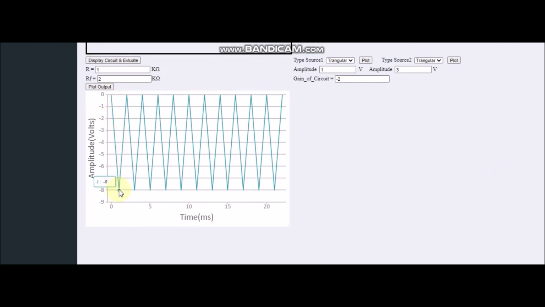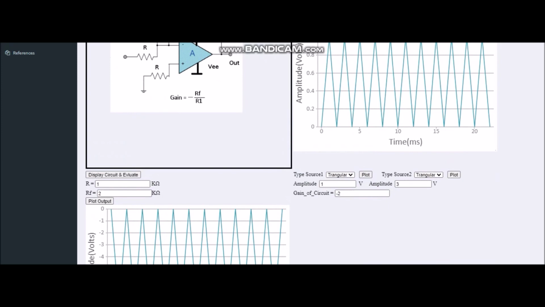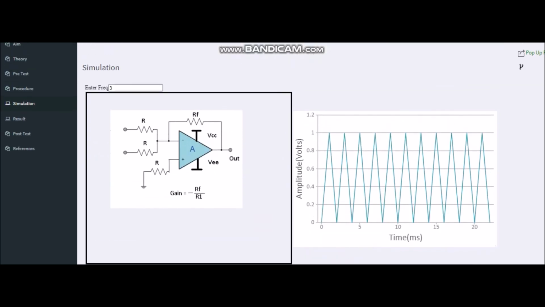It is well understood: as the summing amplifier is connected in inverting mode, we should get a negative value, and that is very well explained here. In this way you can try different values of RF and different values of input, and you can carry out this experiment on the summing amplifier on the IIT Bombay site.